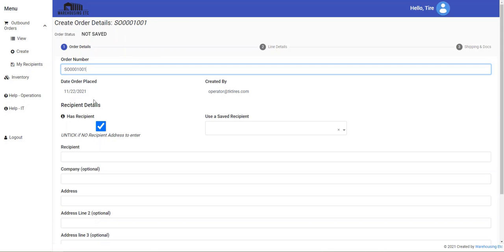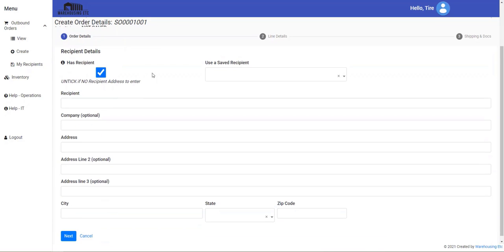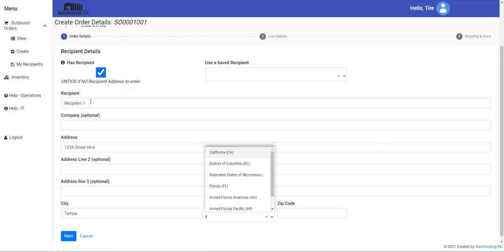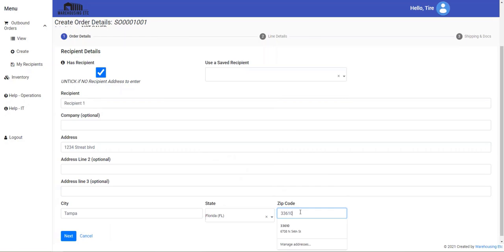And then because Warehousing Etc. is providing the shipping label or the BOL for the shipment, we will include the recipient information. So recipient 1, no company, then we'll fill out our street address. Populate the state, the zip code,